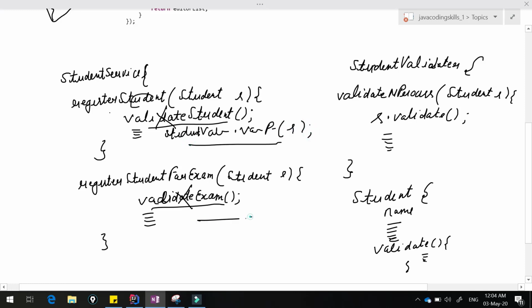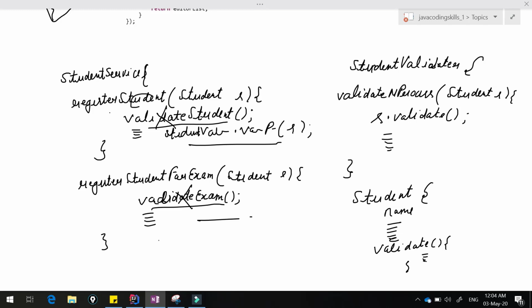Similarly here also we can call the same thing. So we are reducing the coupling and providing some flexibility, since student validator is common for all these methods, so we can reduce a lot of code and it looks clean and crispy as well.